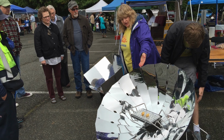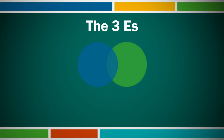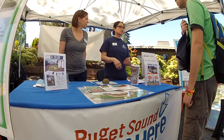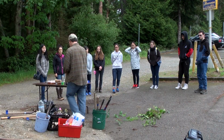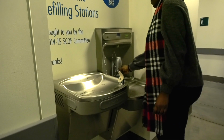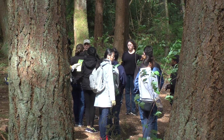Our campus has a long history of environmental awareness that is reflected in our goals, policies, and procedures. And we like to break down sustainability into these three categories that we call the 3 E's: social equity, economic viability, and ecological integrity. The campus uses this framework when forming practices in order for all students and employees to make environmentally responsible decisions about all sorts of things, like reusable water bottles, recycling and composting, procurement of goods, and preserving our wooded areas. This video will highlight how you can help us implement these values and reach our campus's